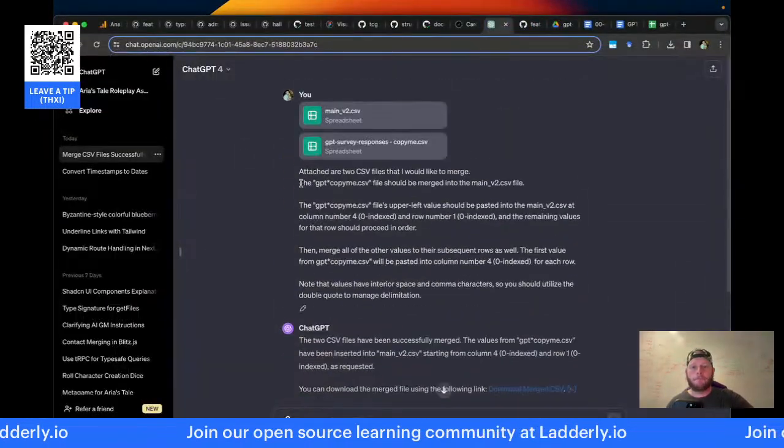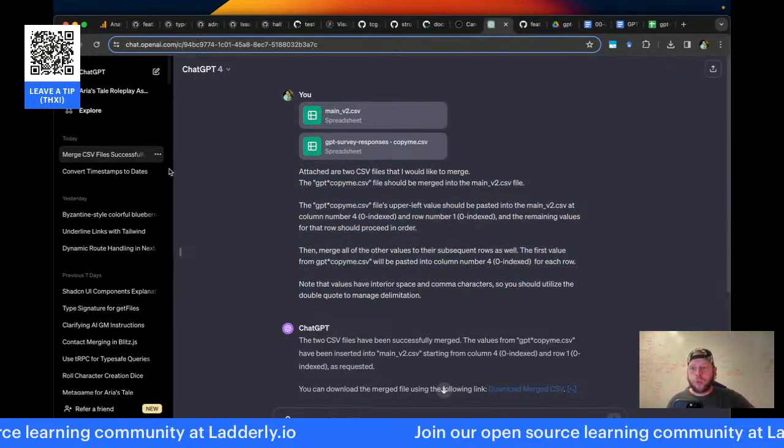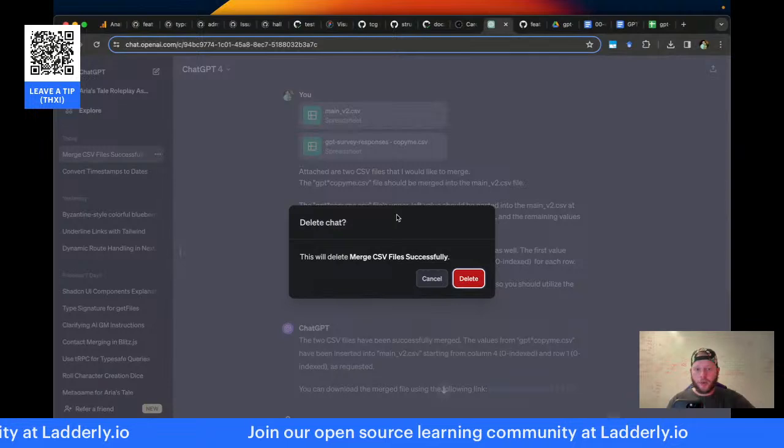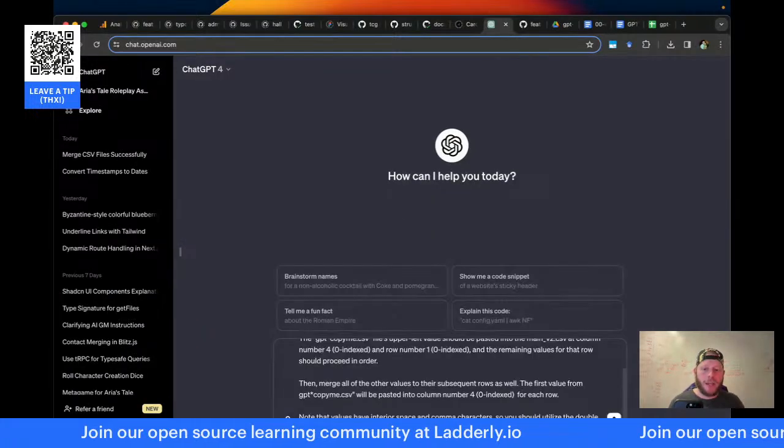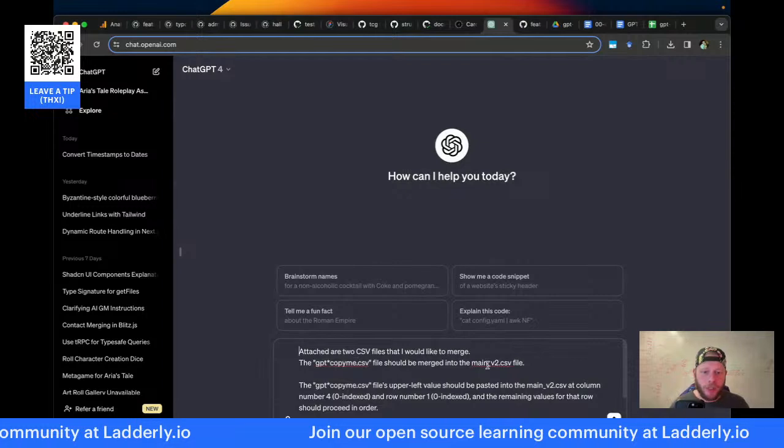Let's do it again. Going to delete this thread, start a new thread. Here I'll say, attached are 2 CSV files that I would like to merge. This should be merged into that.